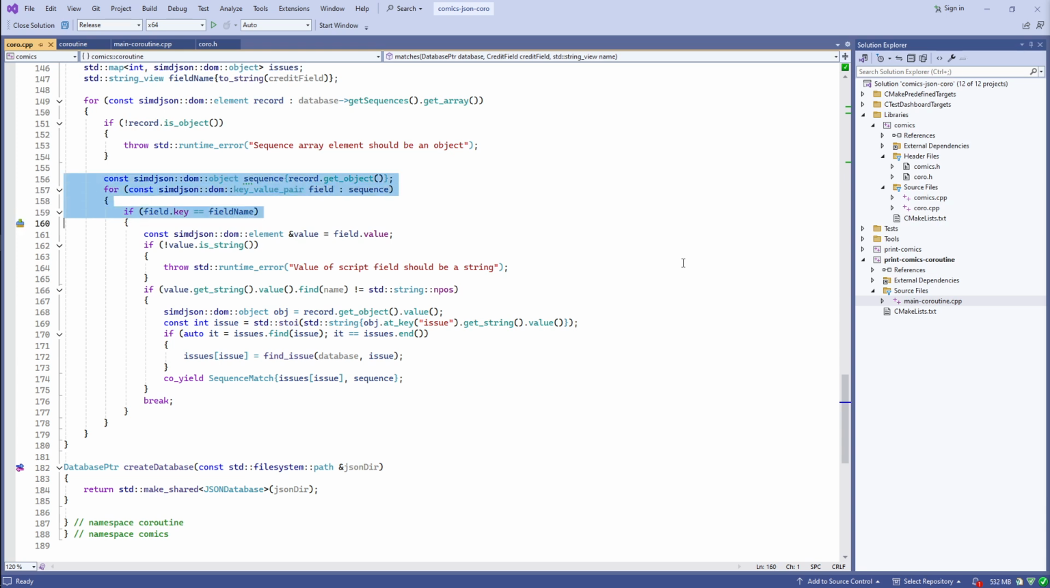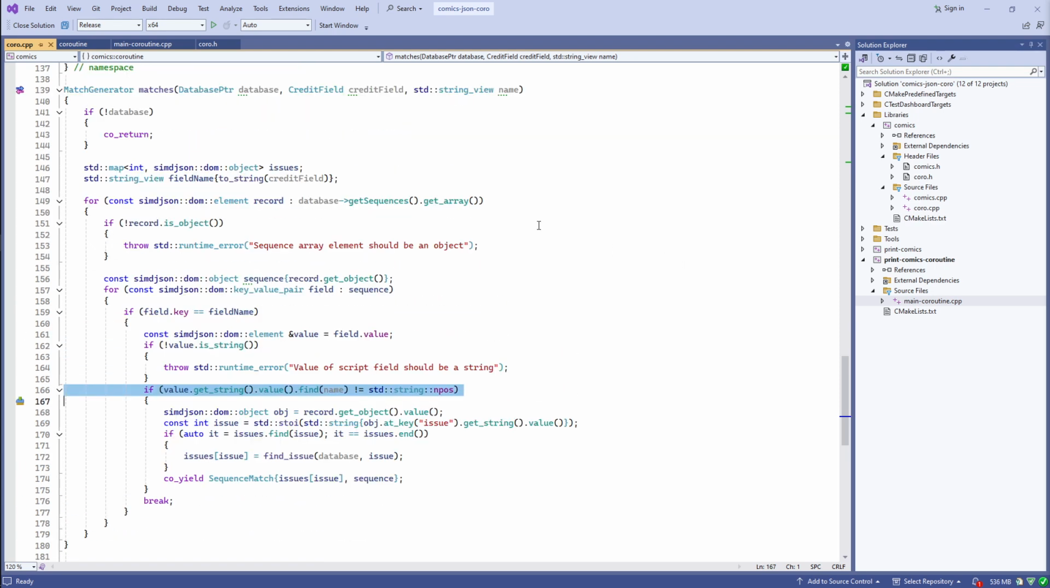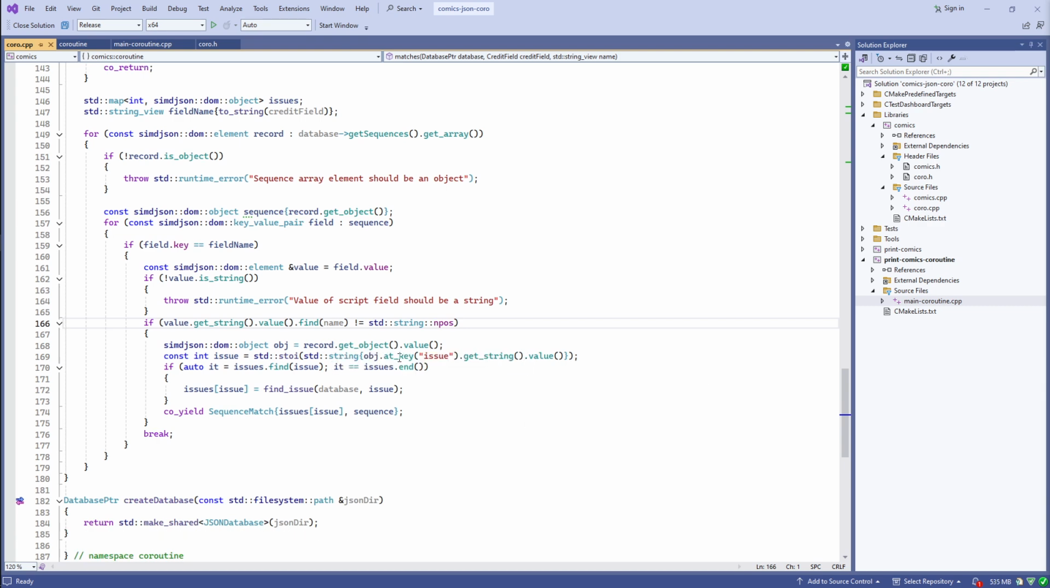So we're just going to drill through this JSON to get at the field whose name matches the field name, and then we're going to look at the value associated with that field and look for the credit name that we're searching for. So this credit name is someone's name or a substring. We're just going to check that credit value, and if the name was a substring in there somewhere, then the object here is the sequence associated with the match,